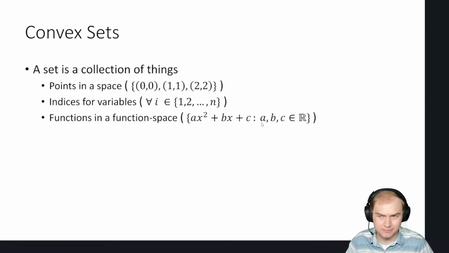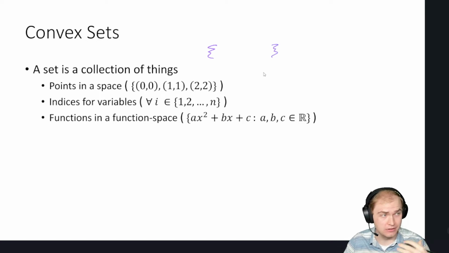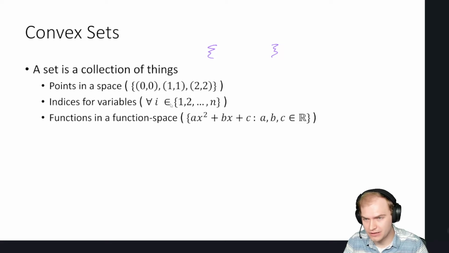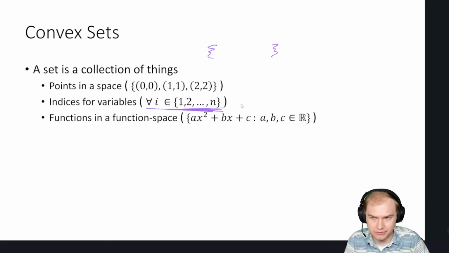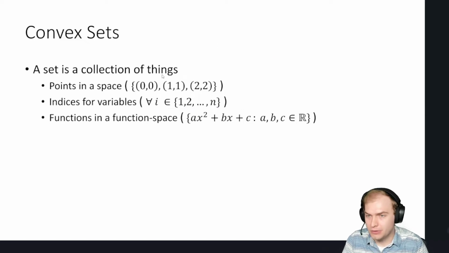So start with sets. A set is just a collection of things in math. Typically, a set is denoted with curly braces if it's a discrete set, so if it's got discrete things in it, like I've done for our indices for different constraints. We could also have a discrete set of points in space. So those are points in 2 dimensions, like we've done in high school, plotting functions and things.